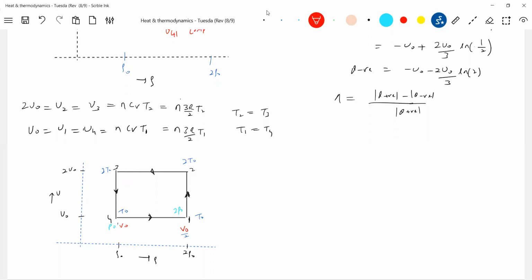Red color, I'll write the volumes. I didn't change it. Okay, now this will be 2 P naught. The pressure should increase here, no? So it will become 4 P naught. The last one, 2 P naught. PV equal to RT, 2 R naught. Okay, this one, 2 P naught.